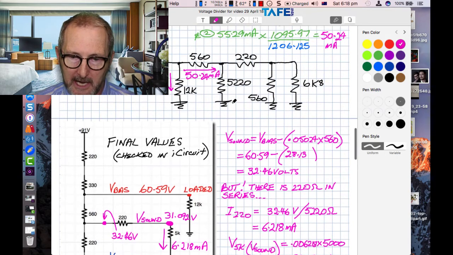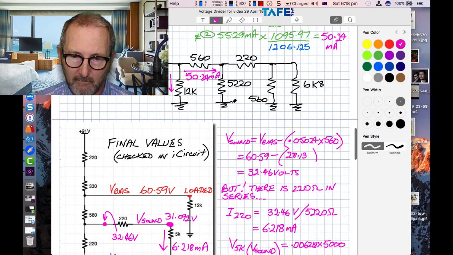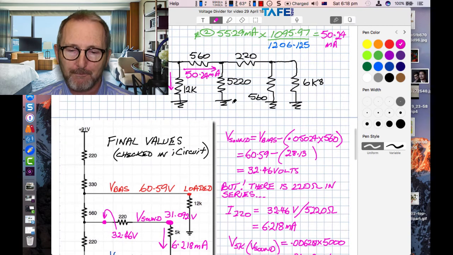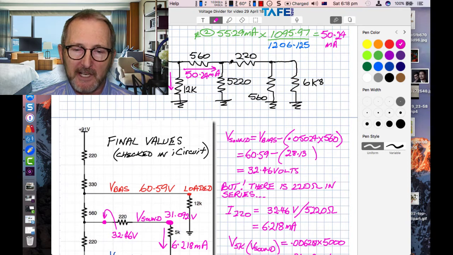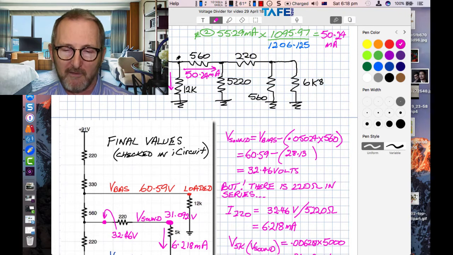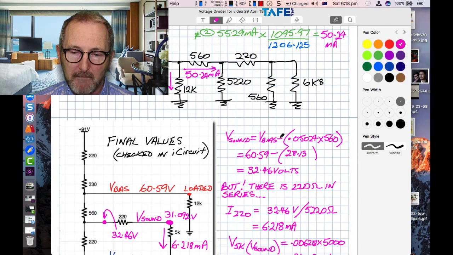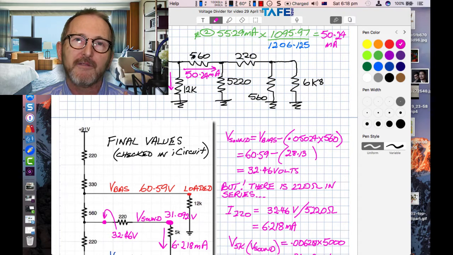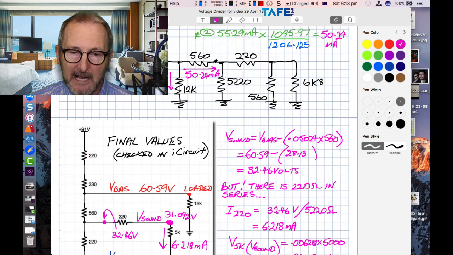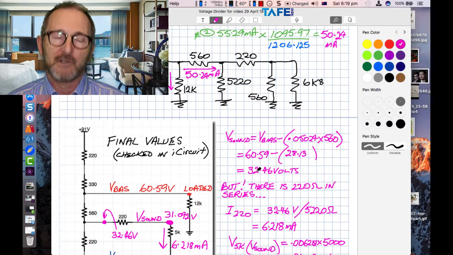So, this next point here, this next node, that's going to be the V sound takeoff point, and that's the V bias takeoff point. So we need V bias minus the current going through the 560 ohms times the value, 560 ohms. And because that's a subtractive process, we're subtracting that voltage from that node to come up with 32.46 volts at